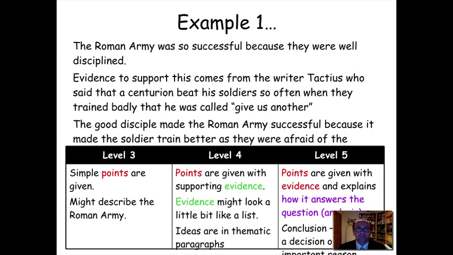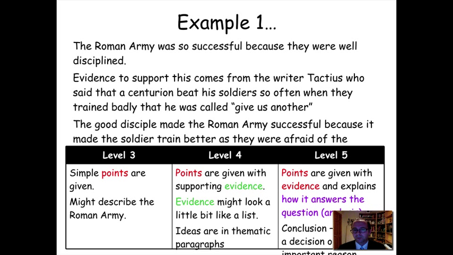Example 1. The Roman army was so successful because they were well disciplined. Evidence to support this comes from the writer Tacitus, who said that the centurion beat his soldiers so often when they trained badly that he was called "Give us another." The good discipline made the Roman army successful because it made the soldier train better as they were afraid of